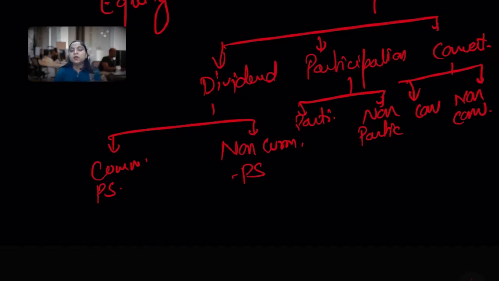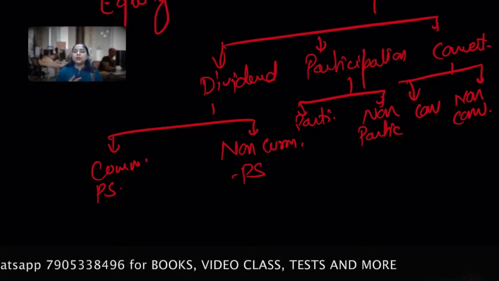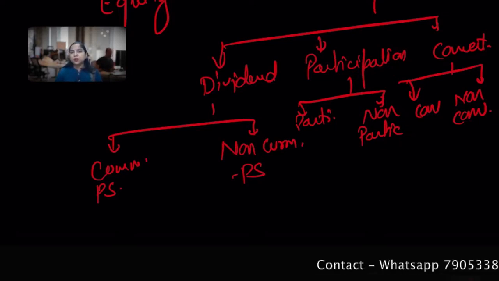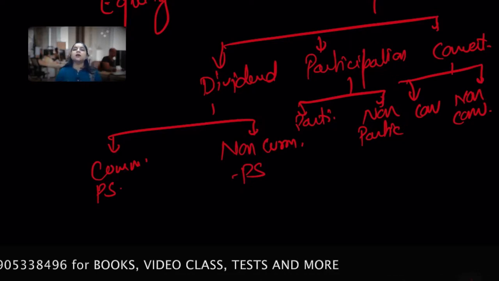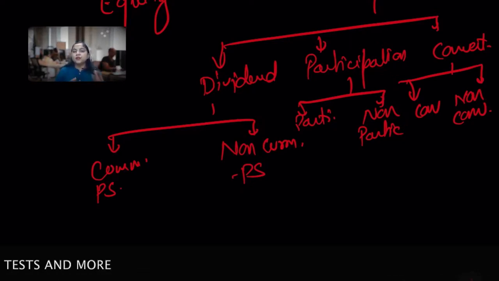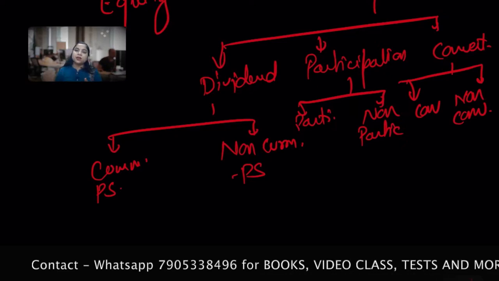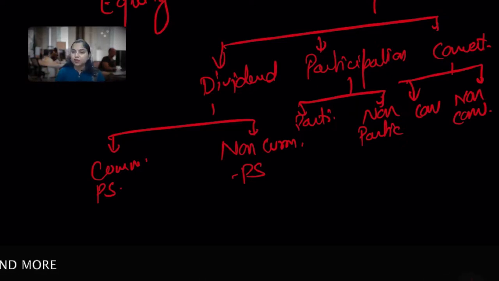So yes, there is a difference between the two. If we talk about the refund of capital, equity holders are paid after the preference shares, and they are counted at the end. Preference shareholders on winding up are given an opportunity before the equity shareholders but after the debenture holders. In case of dividend, it is paid on equity shares after paying the preference shares, and in case of preference shares it is given before making payment to the equity shareholder.